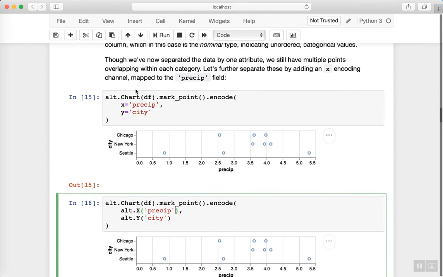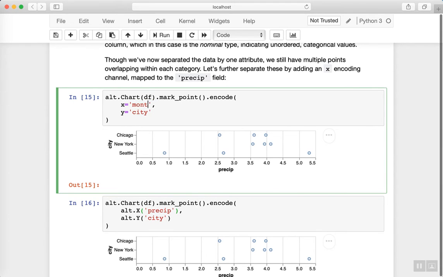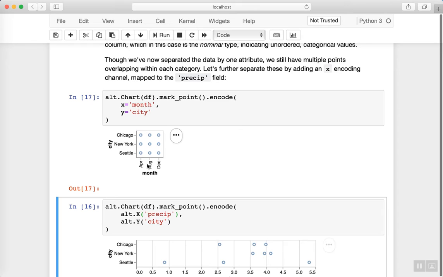What's nice about the graphic is that you can play with the different ways of creating your figure, and you can experiment. So let's do some experimentation here. Let's say, for instance, I want to put months here. I'm going to put x to be equal to the months and y to be equal to the city. And lo and behold, we've got kind of a square with 9 dots, with 9